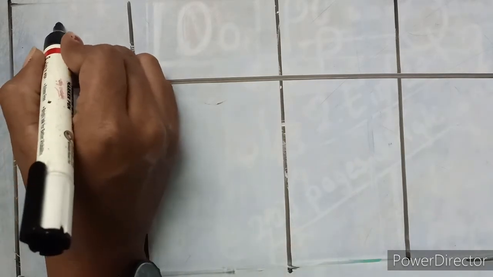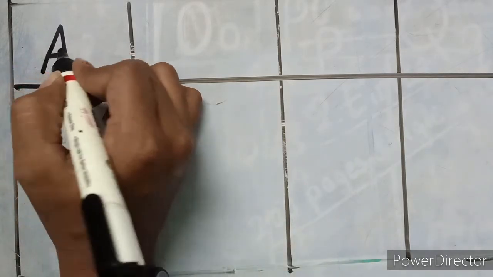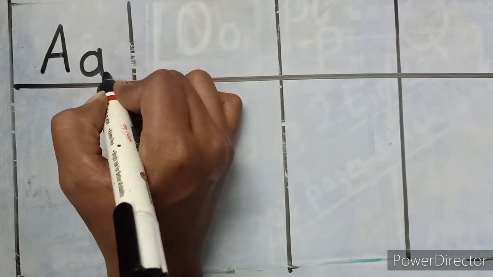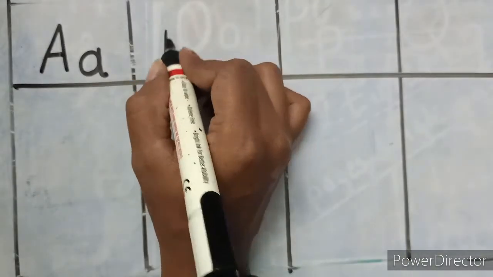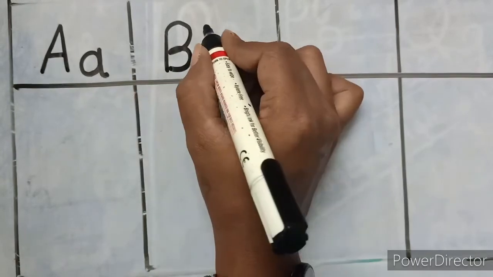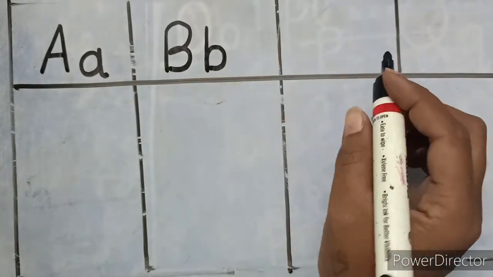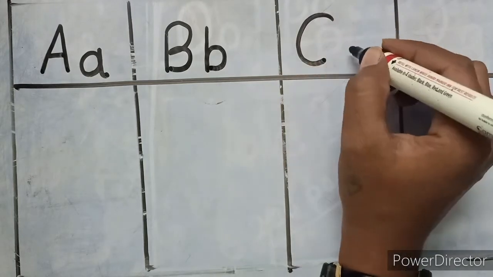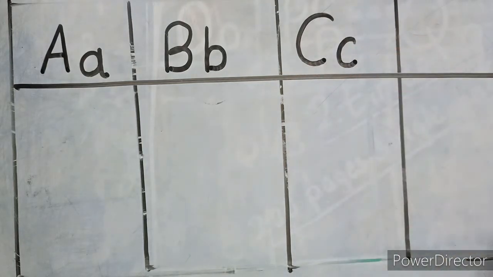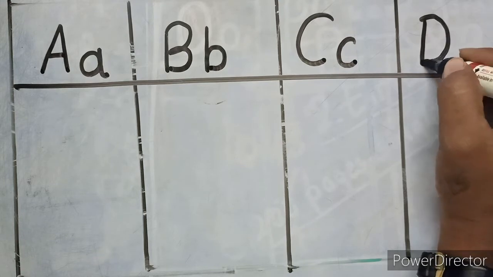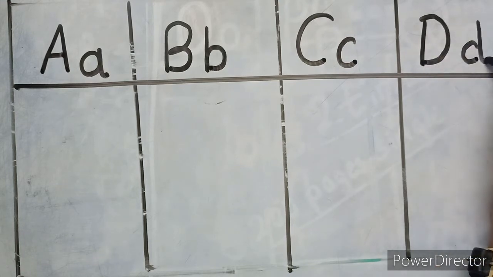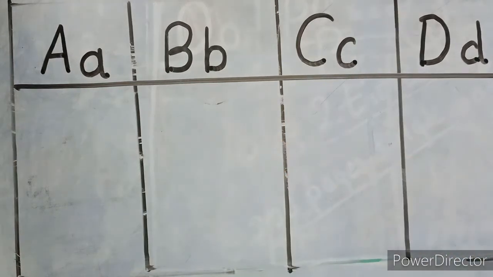So this is how we are going to write A. This is a capital A, then small a. Okay, capital B, then small b, capital C, then small c, capital D, and then small d. Okay, this is how you are going to write. आपको ये आपके नोटबुक पे लिखना है और 200 पेजेस का जो नोटबुक है उसमें आपको 2 टाइम्स लिखना है.